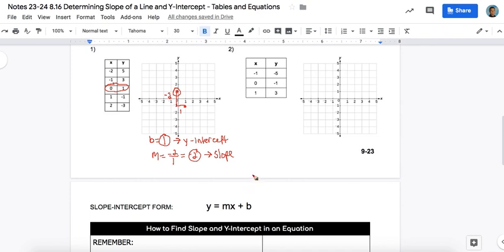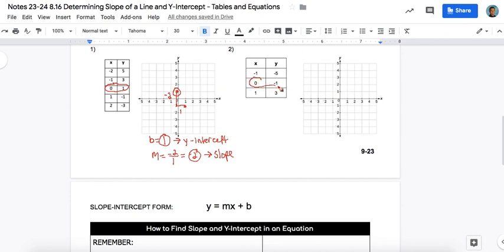Now remember what we said? The number in front of the x is always the slope, and then the ending is always the y-intercept. Keep that in mind when we get to the next page. Okay? And number 2,